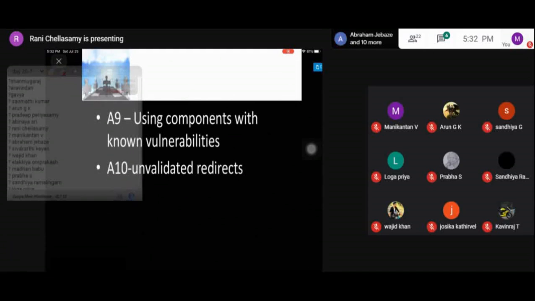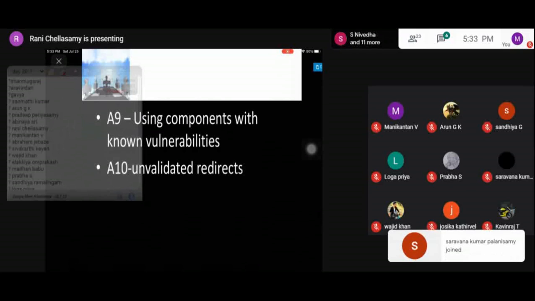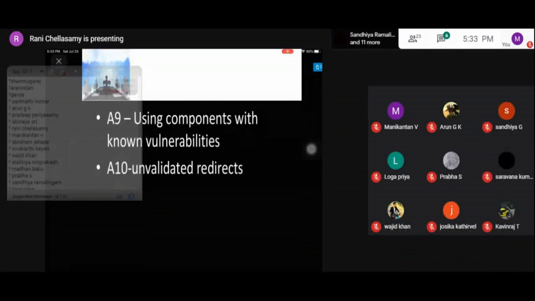So these are some of the projects which have been listed as the top 10 in the Open Web Application Security Project. All these depict the security measures that should be taken, and any individual should know all these projects, what is going on in OWASP, so that everyone gets awareness about cyber security. Okay, so coming on to the introduction part.